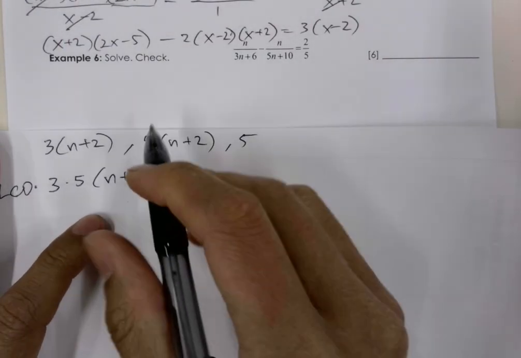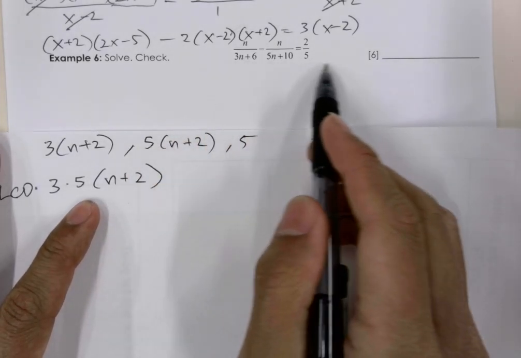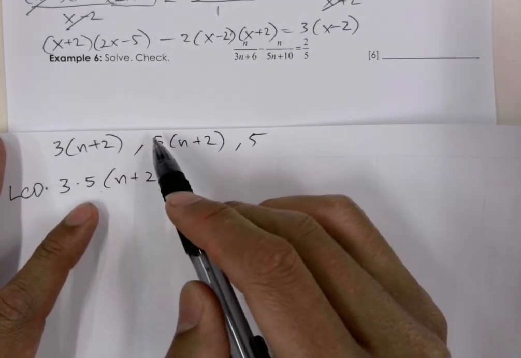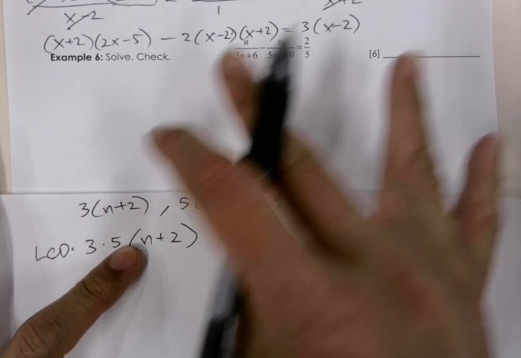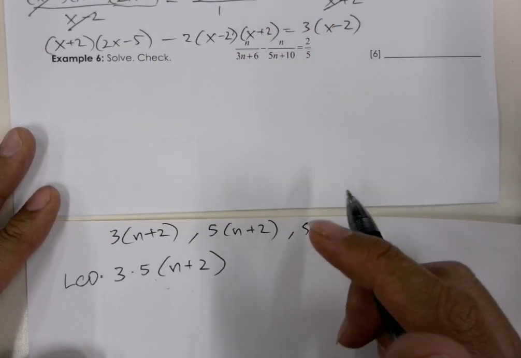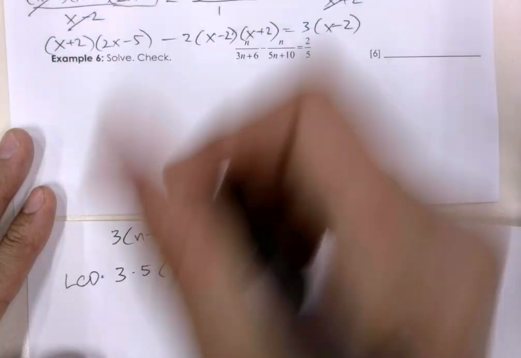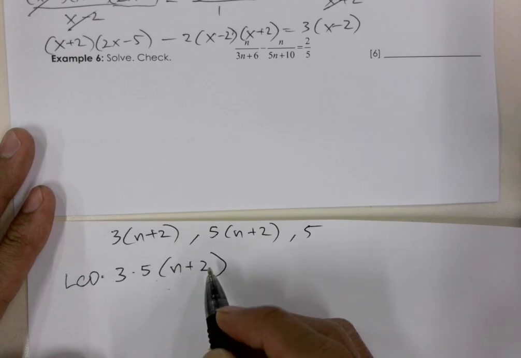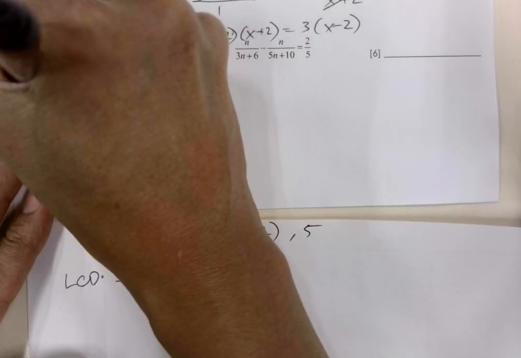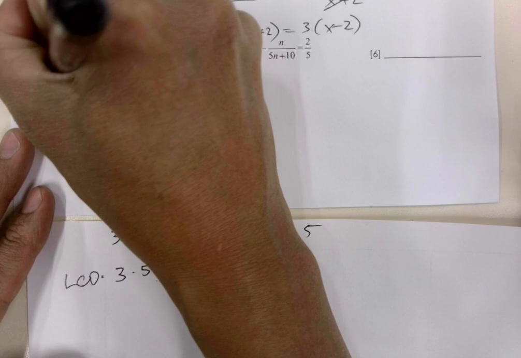So now what do I need to do? Now I need to multiply the left side of the equal sign by the LCD, and I need to multiply the right side by the LCD. I'm going to write smaller, and I'm going to use 2 columns so I can fit everything on the page. All right. So what do I have here? So my LCD is 3 times 5 is 15, parentheses, n plus 2. So I'm going to do 15, parentheses, n plus 2,